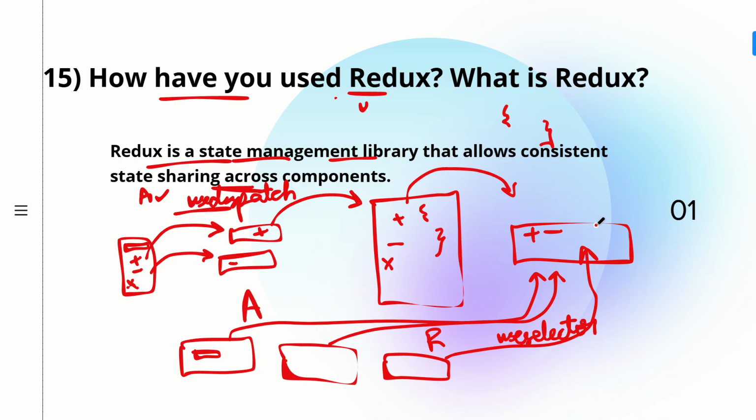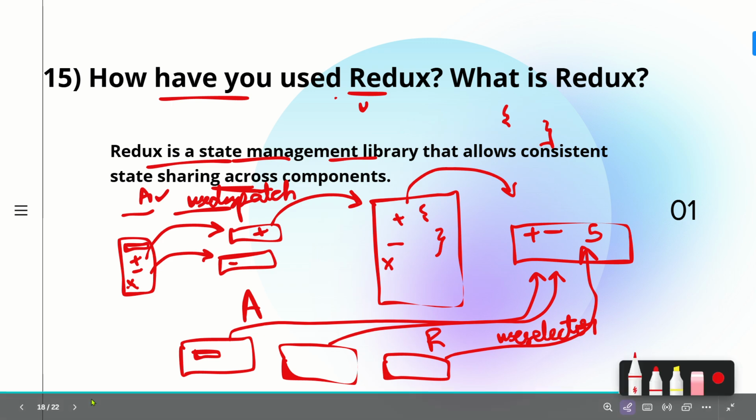Like at last what is our answer, that is 5 or 6, anything. So whatever is the answer, this is how your Redux works. Now let's see our